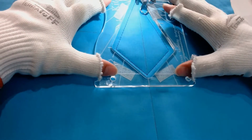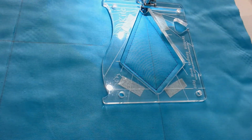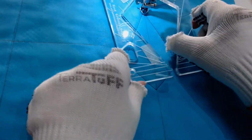And then that comes back, we'll end up back in the same spot. So what we want to do at this point is you have a couple options. You can do the same design all the way using the same direction. But what I like to do at this point is I'll take my ruler. I don't lift my ruler foot. I just turn my ruler around